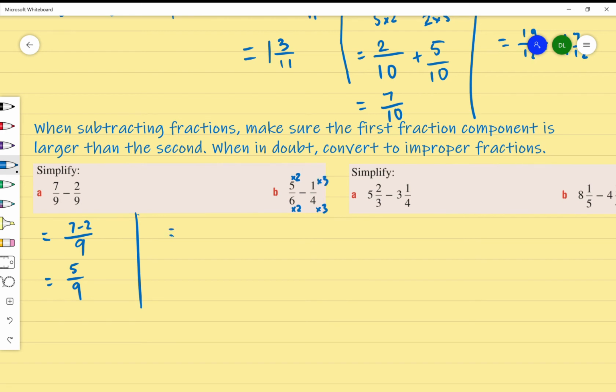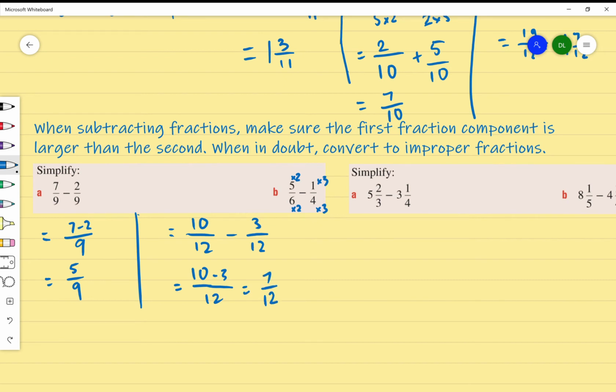I'm going to skip a couple of steps. So I'm going to say 5 times 2, which is on the top left. 5 times 2 gives me 10 over 6 times 2 is 12. Take away 1 times 3 is 3, over 4 times 3 is 12. And that gives me, well, I should really write that, 10 take away 3 over 12, which gives me 7